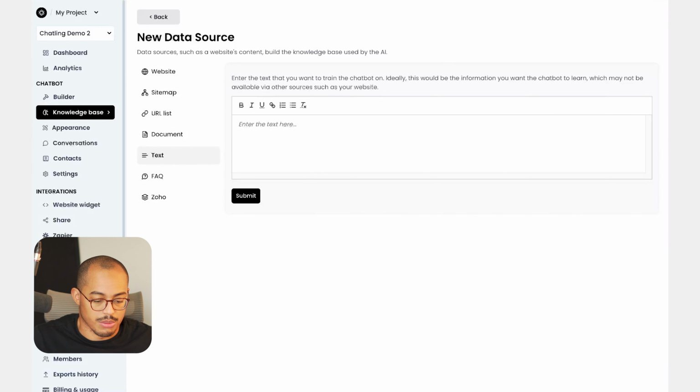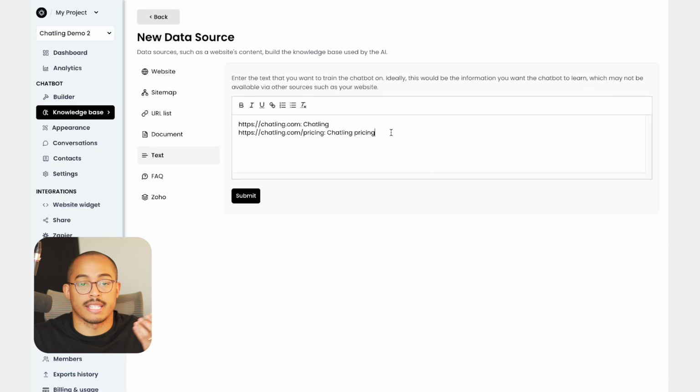I'm going to go to text. So what I'm going to do is just paste in some URLs here. What it's basically going to do is guide the AI to find the most relevant URL for the particular thing. So for example, if you knew that the Chatling pricing page is always chatling.com/pricing, then you can indicate that this is the Chatling pricing URL. And that will allow the bot to know, okay, if the person is asking about pricing and they want more information about pricing, I can link them to this URL, which will have a better response from the customer who's